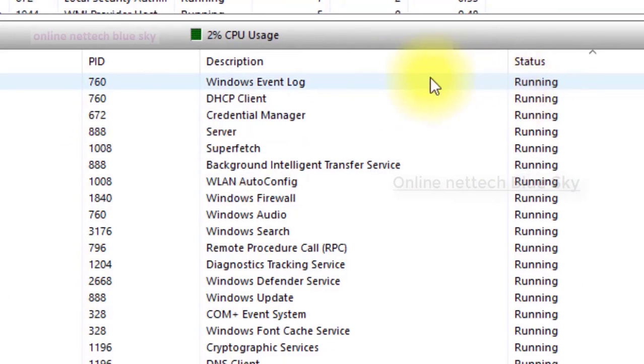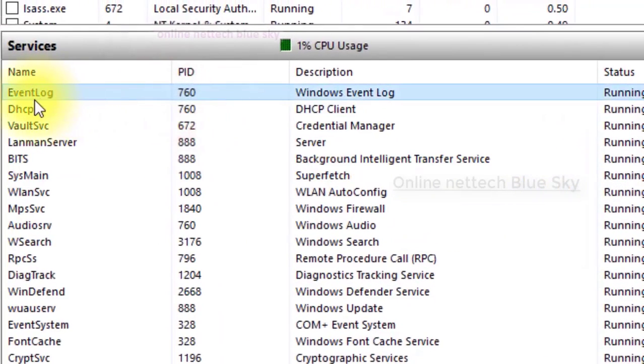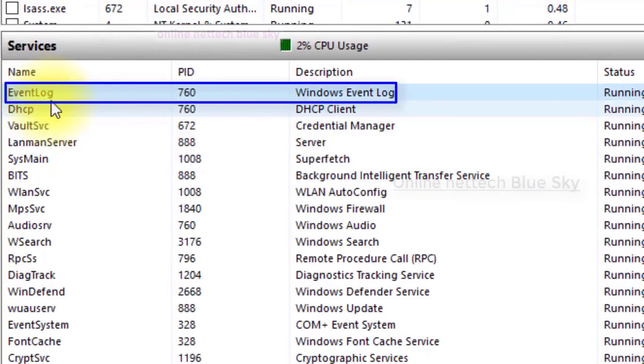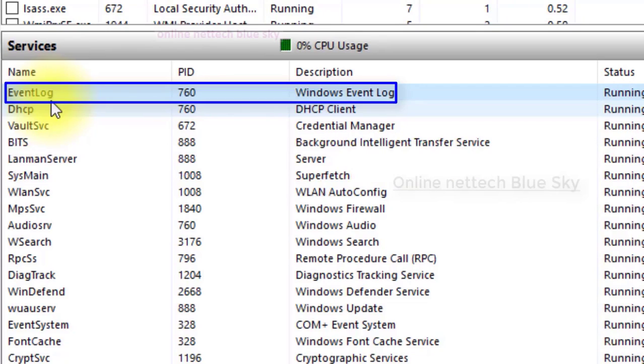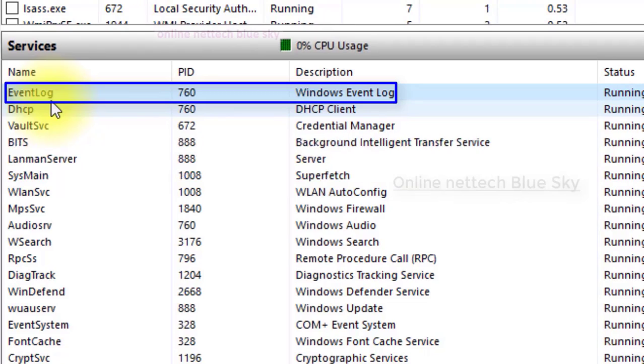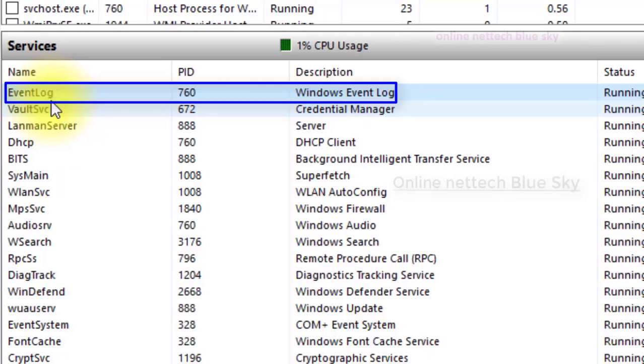Okay, so Windows Event Log, you can see here, is important, along with DHCP Client, Server and others. Event log means Event Viewer. Event Viewer works automatically in the background, and you cannot stop it, but you can stop the background service at this time.